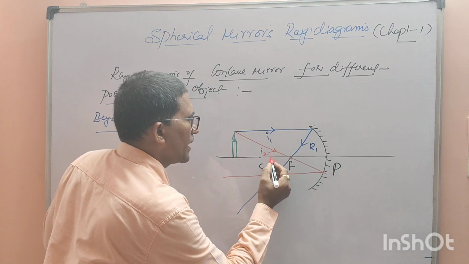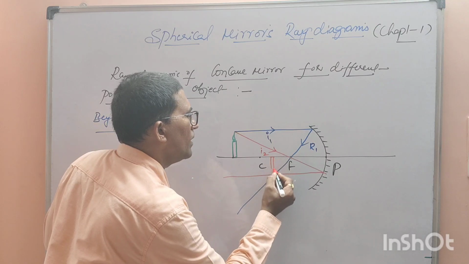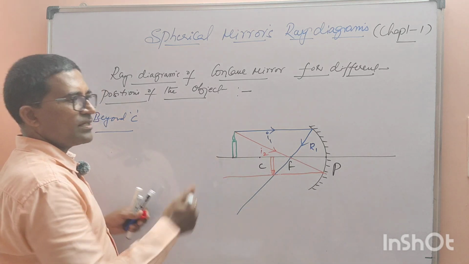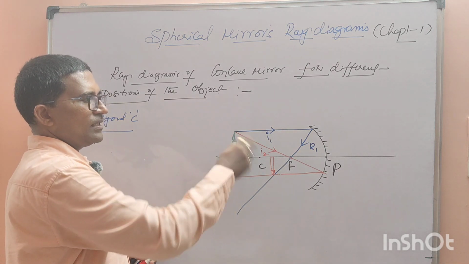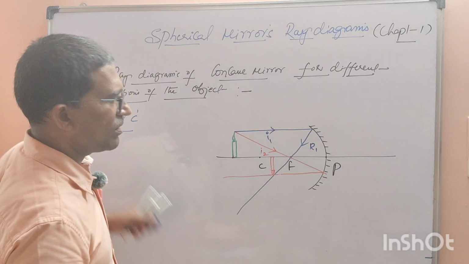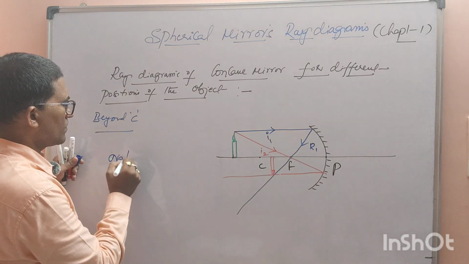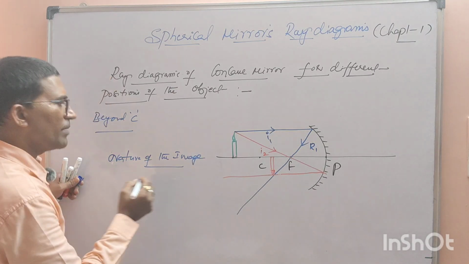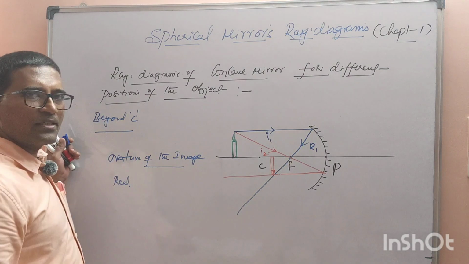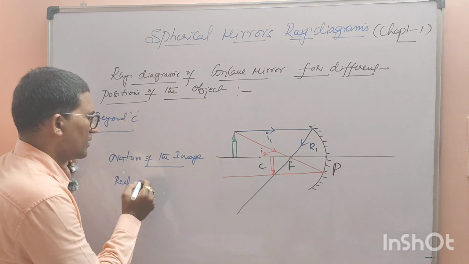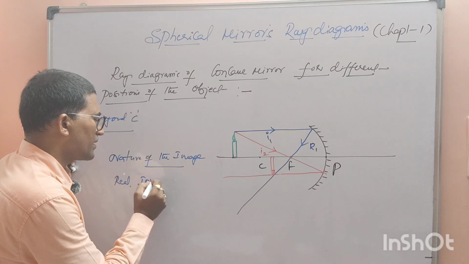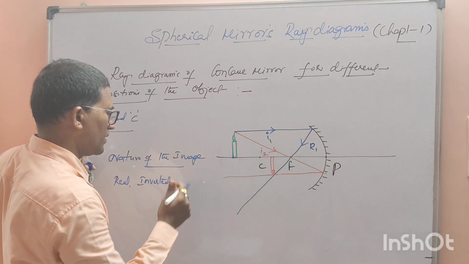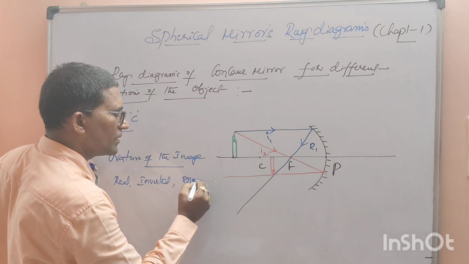How will the reflected light rays behave, and the image will be formed between what? Between C and F. The object is erect, the image is inverted. Now if I talk about the orientation or nature of the image, the image is real, because the image is formed on the screen and can be caught on the screen. It is upside down, inverted. Compared to the size of the object, the image size is smaller. So real, inverted, diminished,